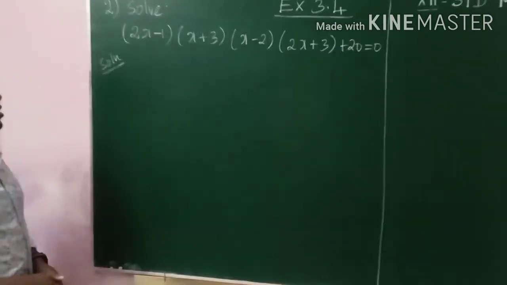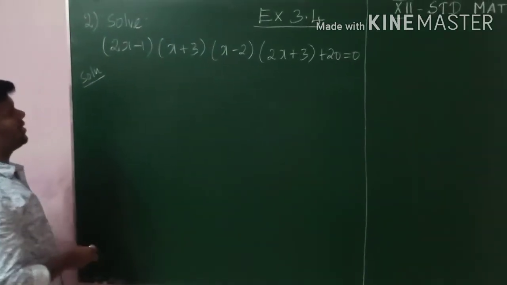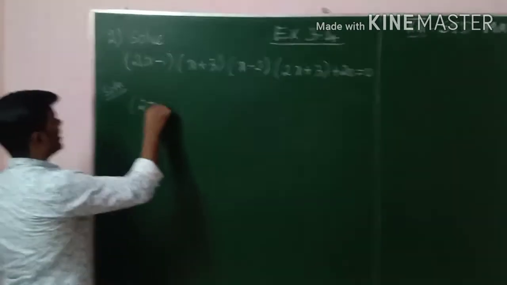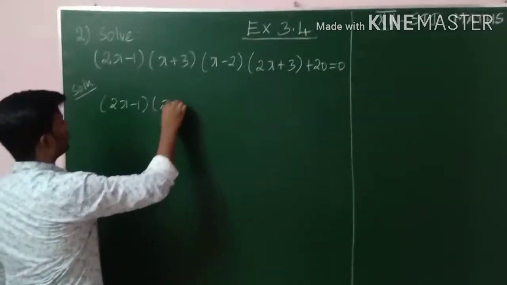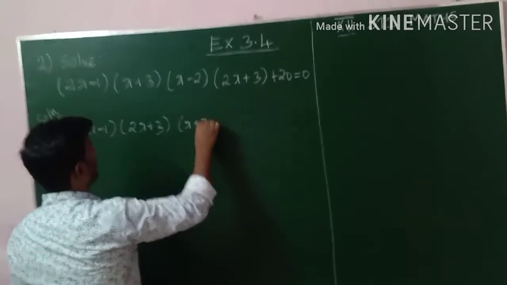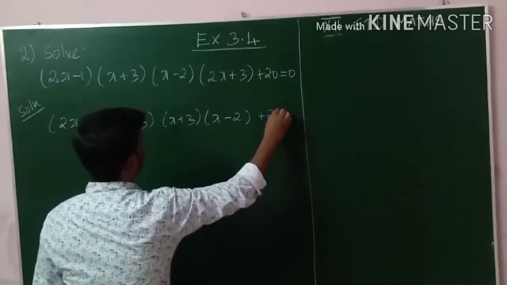What is quartic polynomials? Degree is what? 4. So what should we do? We have to take these 4 linear factors. Take two of them so that we can get the same coefficient of x square and the same coefficient of x. So for that I take (2x minus 1) into (2x plus 3) and (x plus 3) into (x minus 2) plus 20